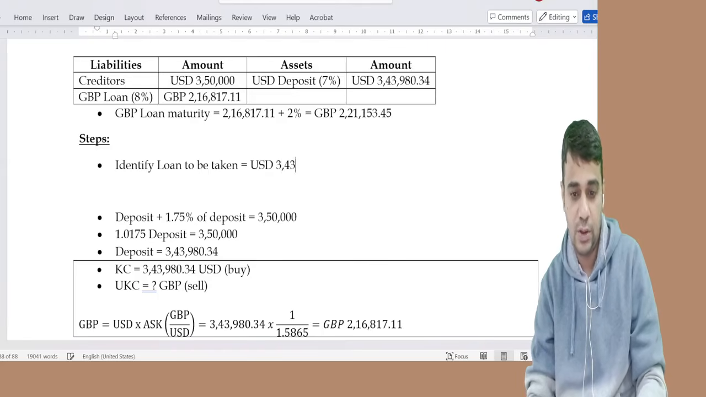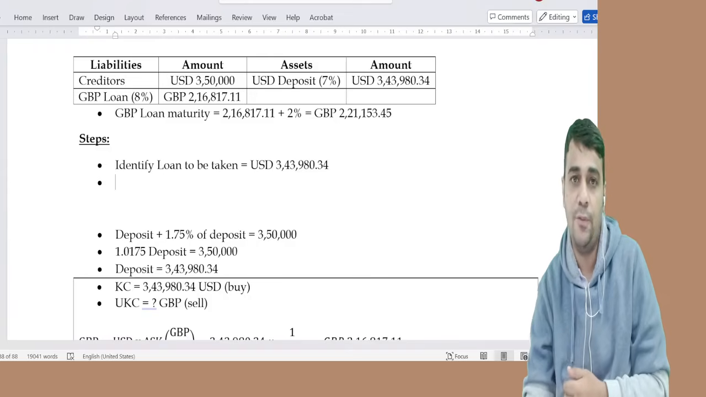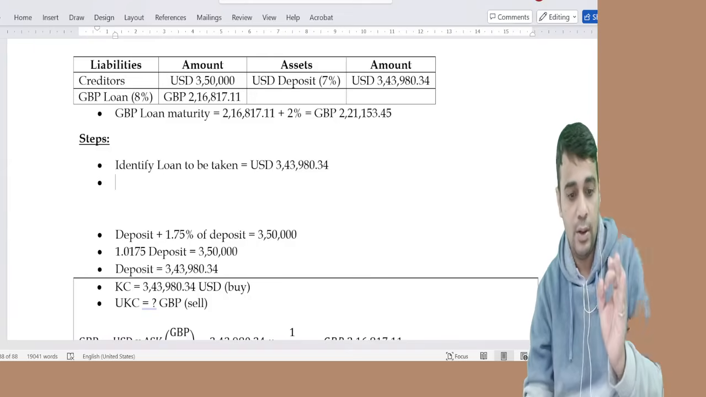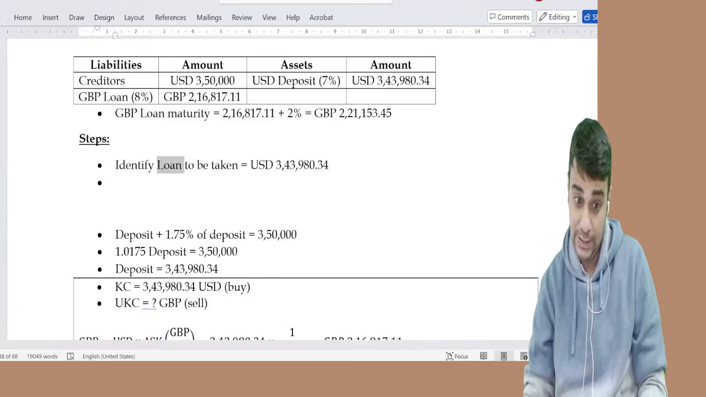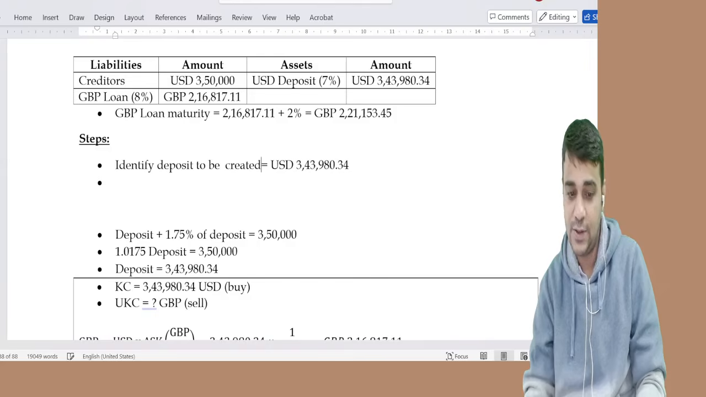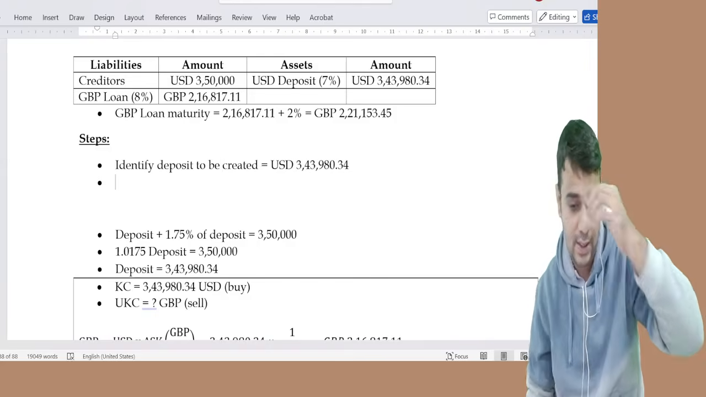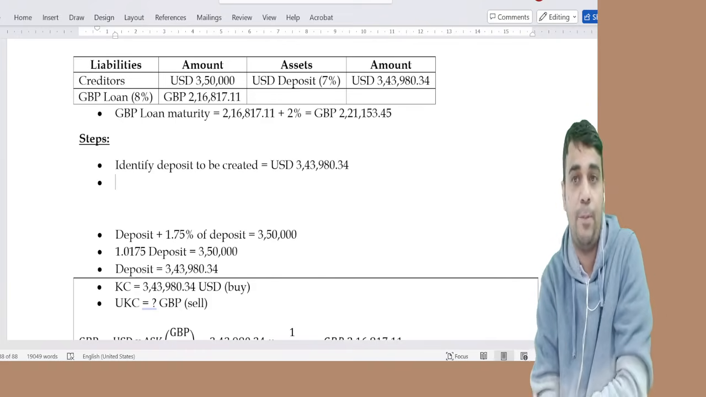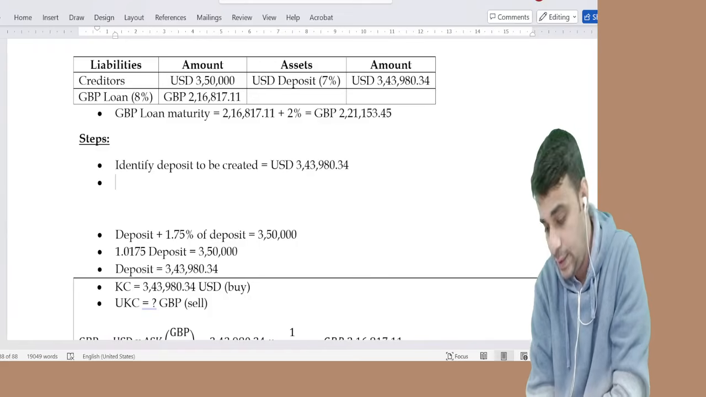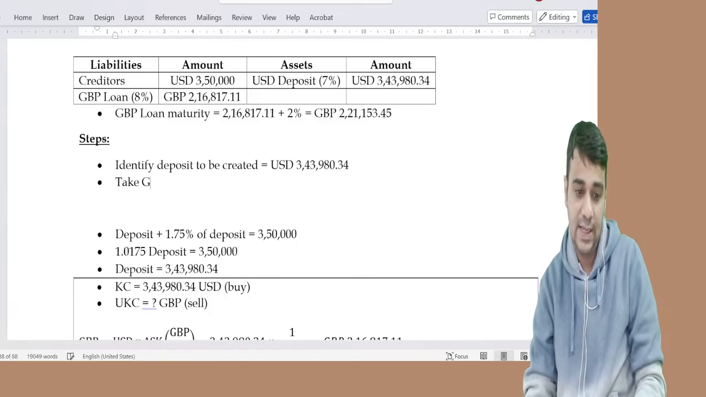USD 343,980.34. I'm not taking a loan, sorry. Deposit to be created. Identify deposit to be created. 343,980.34 is the deposit to be created. Take GBP loan of